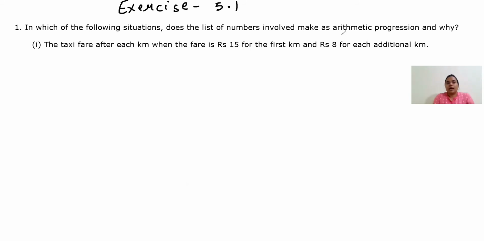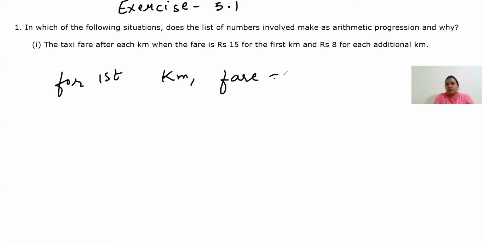In this, we have: in which of the following situations does the list of numbers involved make an arithmetic progression, and why? So we have to check whether this condition is in an AP or not, and if it is an AP, why? If it is not, then why? Taxi fare after each kilometer, when the fare is rupees 15 for the first and rupees 8 for each additional kilometer. So for the first kilometer,